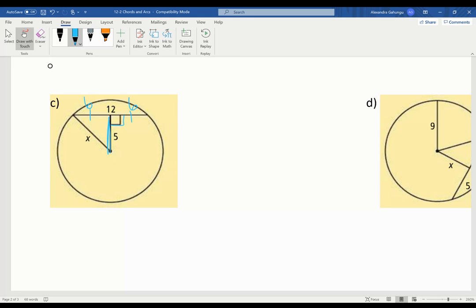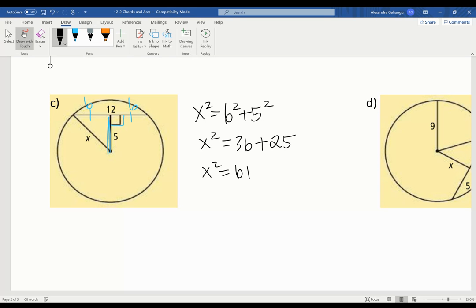So now we're in a right triangle where we're missing 1 out of the 3 sides. We're going to use Pythagorean theorem again. So it's x squared, my hypotenuse, is equal to 6 squared plus 5 squared. And we'll get 36 and 25. X squared is 61,